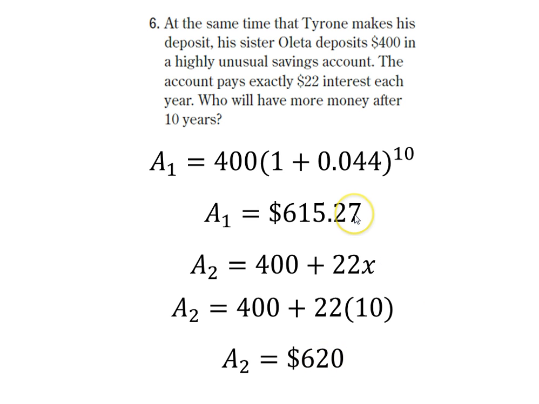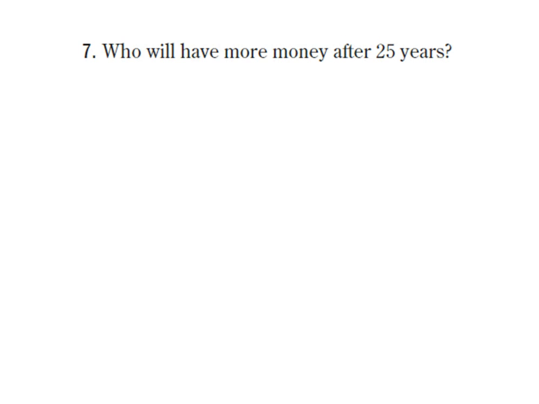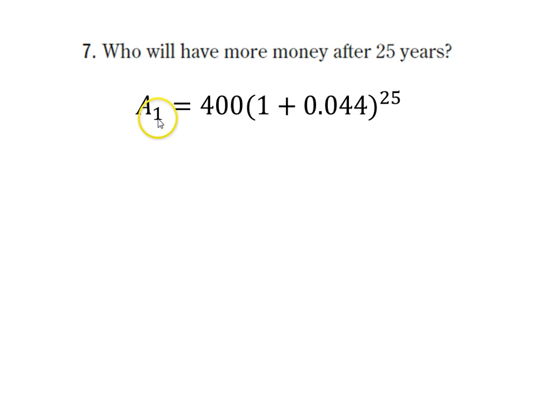Tyrone has $615.27. The question is, who will have more money after 10 years? The answer is Oleta with $620. Problem number 7 says who will have more money after 25 years? So exact same type of question, just a different amount of time periods. So here's Tyrone's equation, where the amount is going to be equal to 400 times 1 plus 0.044 to the 25th power. Plug that into a calculator, and you will get